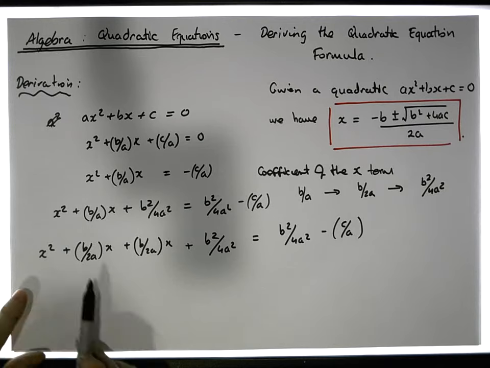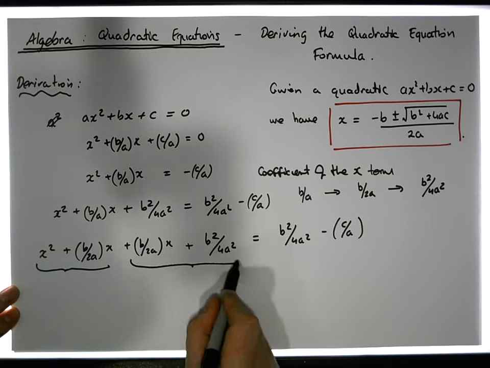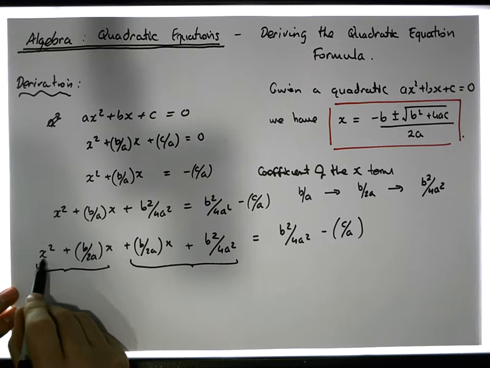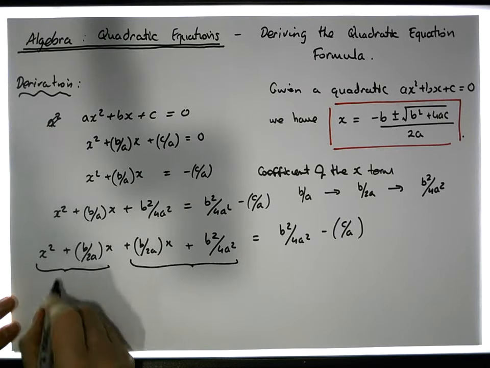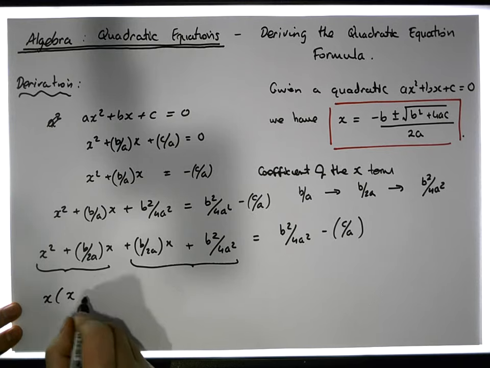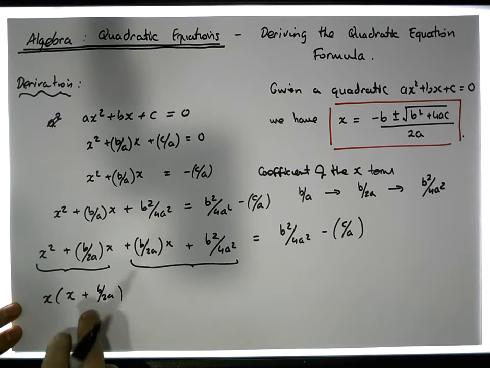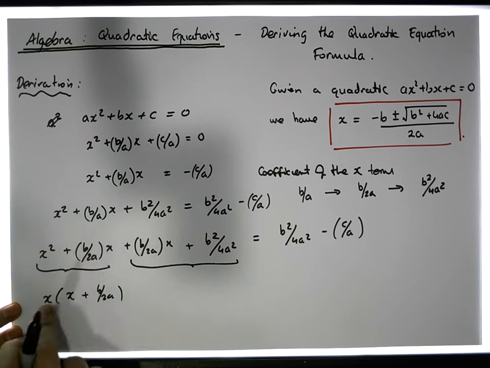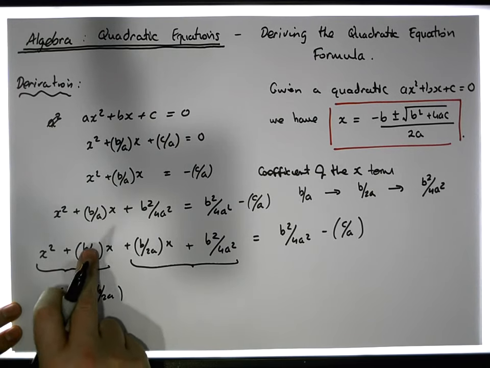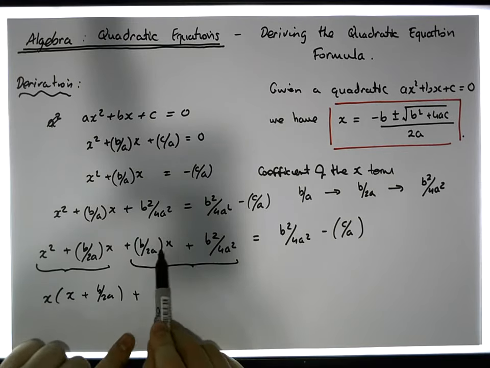Let's concentrate on these two terms here, and also these two terms here. The commonality is x, so let's take the x out. This gives us x times x, which is x squared, plus x times b over 2a, which is b over 2a times x. Plus, now what's common here? Well, there's actually a b over